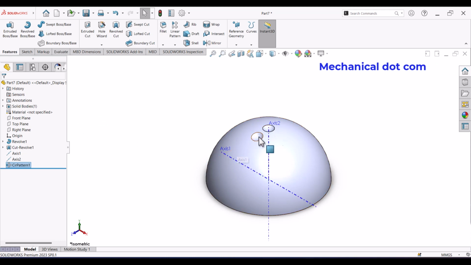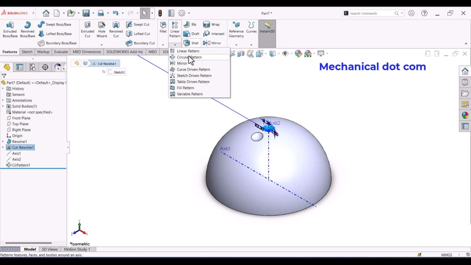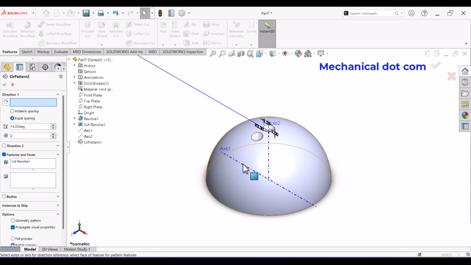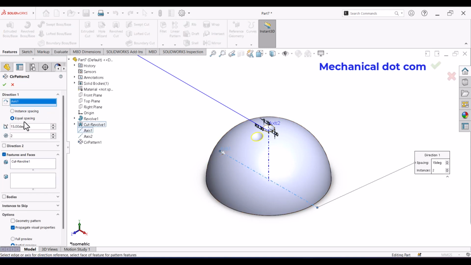See, the two patterns are made. Now we have to make other patterns like this on the whole surface, and we will keep increasing the angle by 15 degree. Now the same process, go to cut revolve 1, go to circular pattern, select this horizontal axis. Now the angle is 30 degree, and we want two patterns. Click OK.